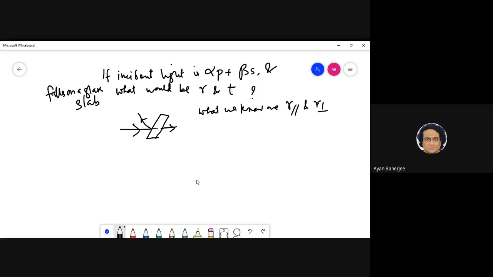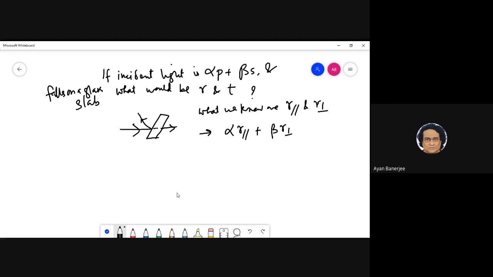So what would you do? Yeah, tell me. So R, I think, should be alpha into P into R P plus beta into S into R S. Okay, yes, that is what I was telling. So if we know alpha and beta, Rohan, what you are saying is we'll basically have this, right? This is the conceptual stuff.